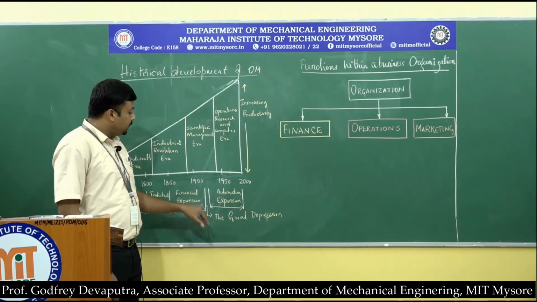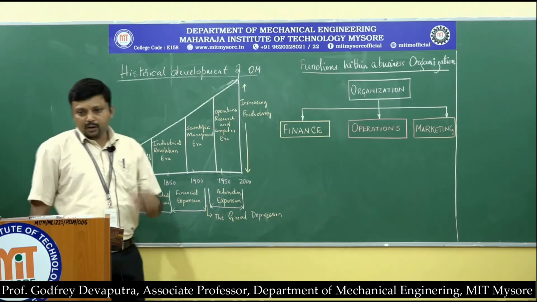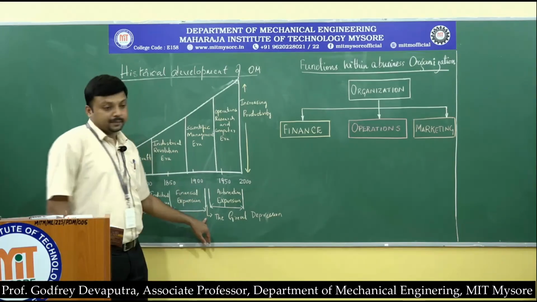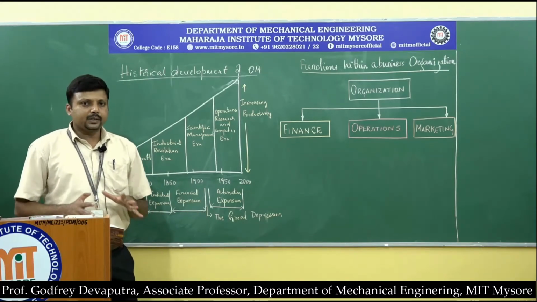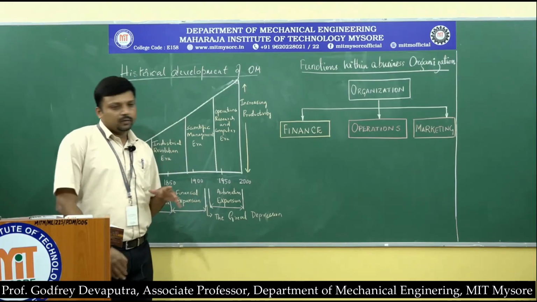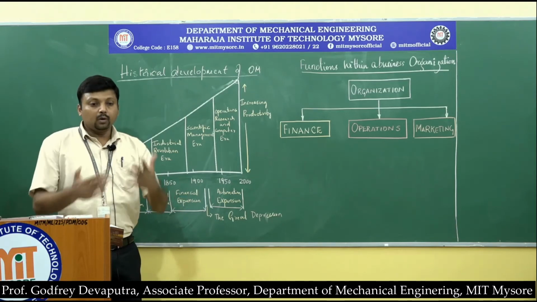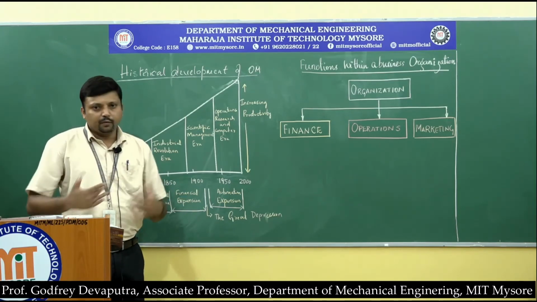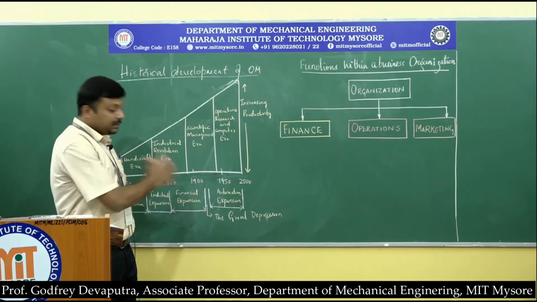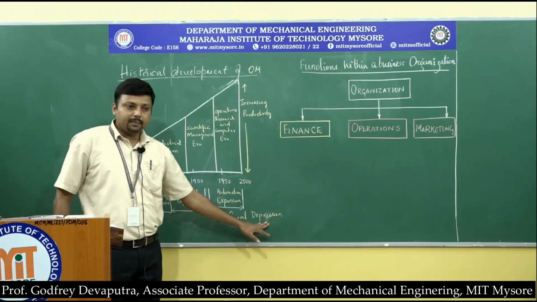In the early periods of the 20th century, because of World War II, there was a Great Depression. The market collapsed, the production collapsed, and the organizational structure all over the world collapsed. People could not have forecasted that something like a World War was likely to happen. So when it happened, it created a Great Depression.